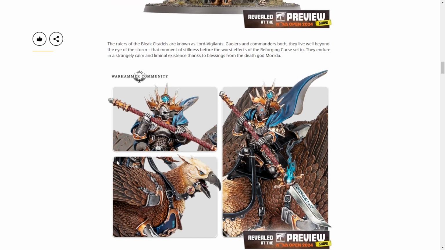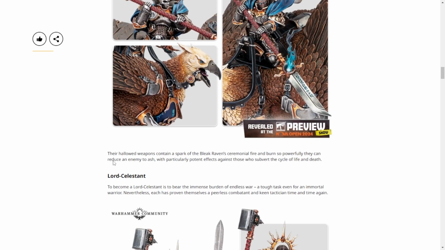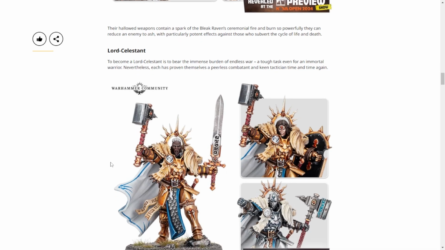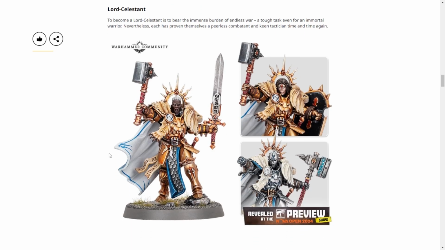It was very similar with the Skaven. They showed the best model first, and they did that with this one. It's amazing. Then I do feel like we got fewer new troops here than Skaven did. Yes, you're correct. So we have a new Lord Celestant, which is not a new idea. We've had Lord Celestants for a while. Yes, this is a new sculpt of a Lord Celestant with quote-unquote new options. I don't know how they're doing options in Sigmar, but...